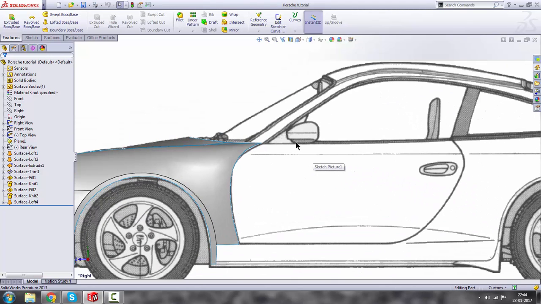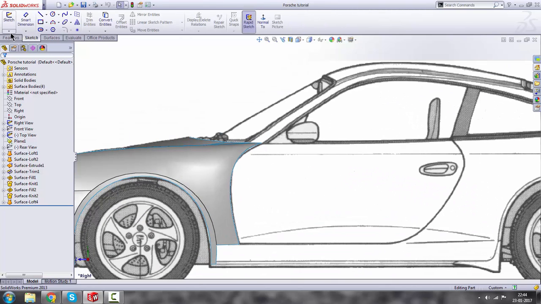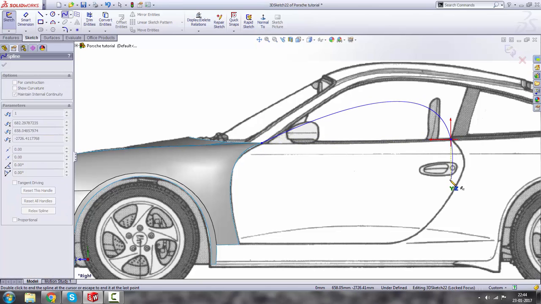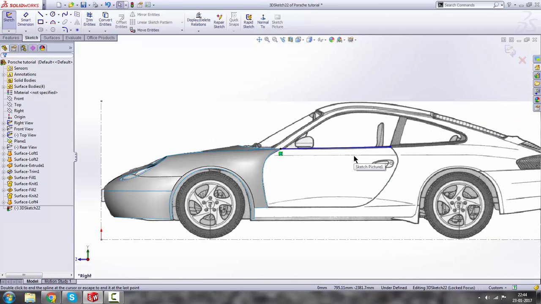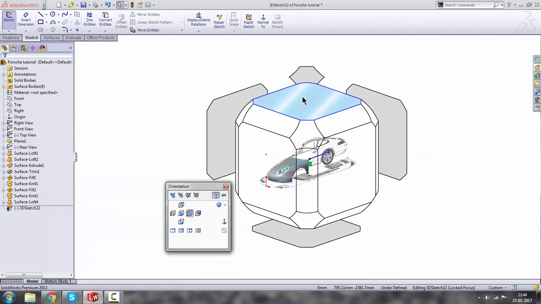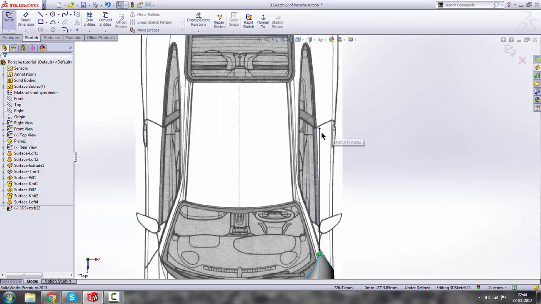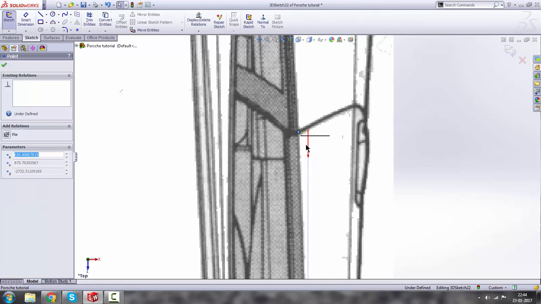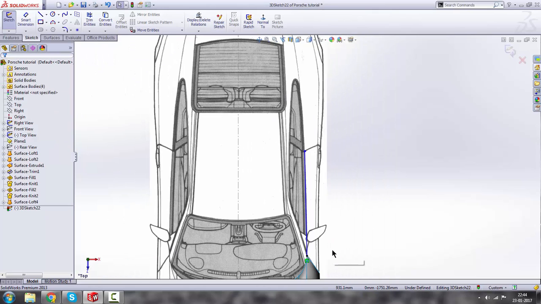Click on right view and then go to sketch, turn on the 3D sketch. Here you can see there's a spline from this point here to this point. Press escape, press the space bar and then click on the top so you can get the top view. And here you can see that you have to align it with the blueprint